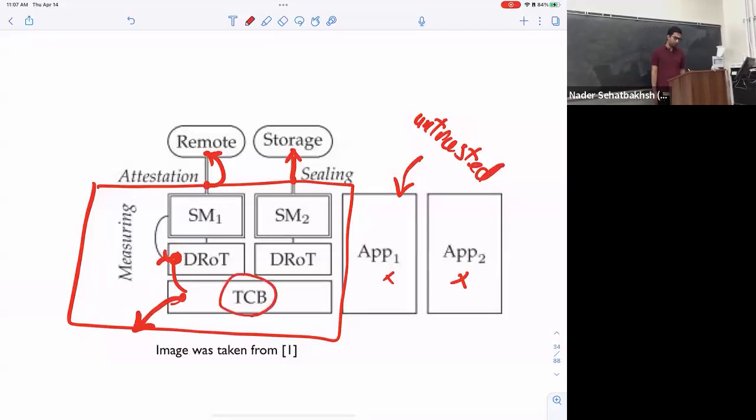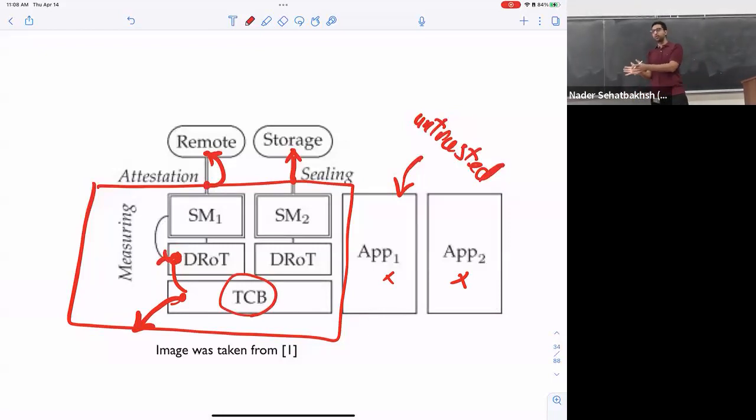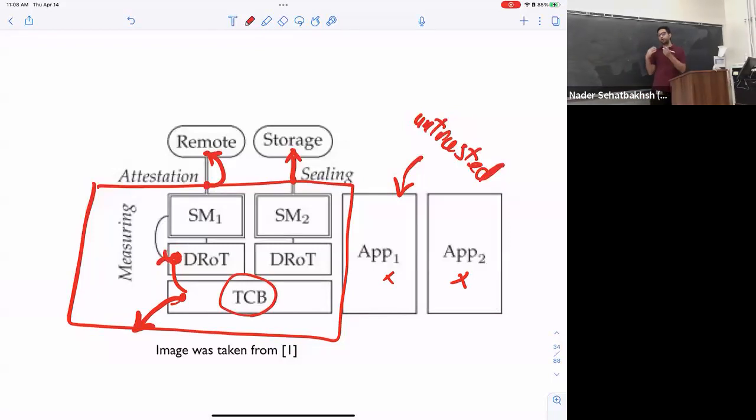You have your trusted computing base, which is the beginning of your system, where you put your trust. You build off of that by adding additional functionalities, and you call it the dynamic root of trust. The reason we call it dynamic is that at the beginning, this part was not trusted, but we use our TCB to trust those parts. So now it's part of our root, a dynamic part of our root.